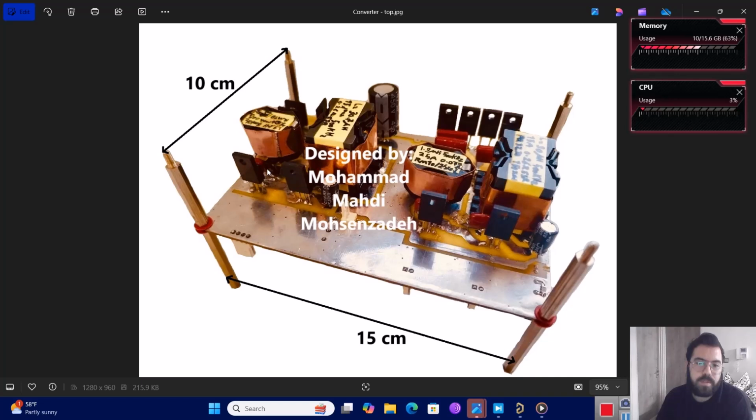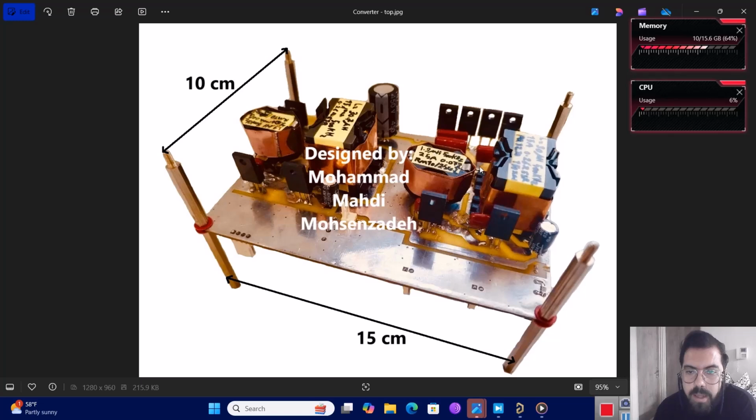First of all, I have to speak about this converter, but I cannot show its topology because I'm working on its paper, so I cannot reveal the circuit. As you can see, this converter contains two stages, and each stage is based on a boost converter. In each stage, I have a main switch and an active clamp switch. Here, main switch and active clamp switch, and this